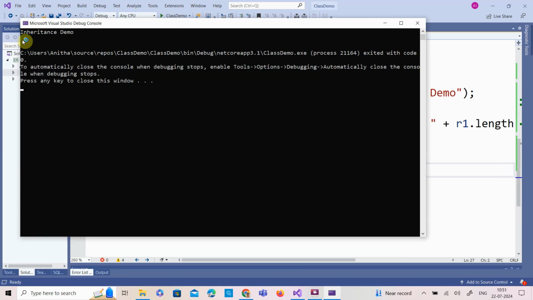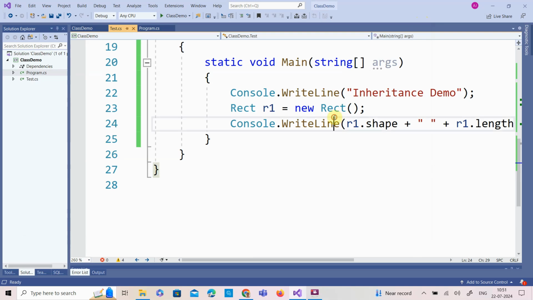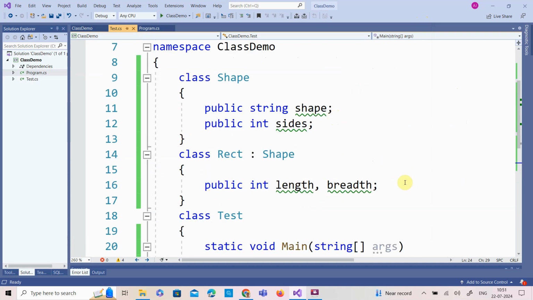We are getting R1.shape is null. The string will be by default initialized to null, so it is empty. And length is an integer data type, so it is initialized to 0. Now I am going to overload an empty constructor inside the derived